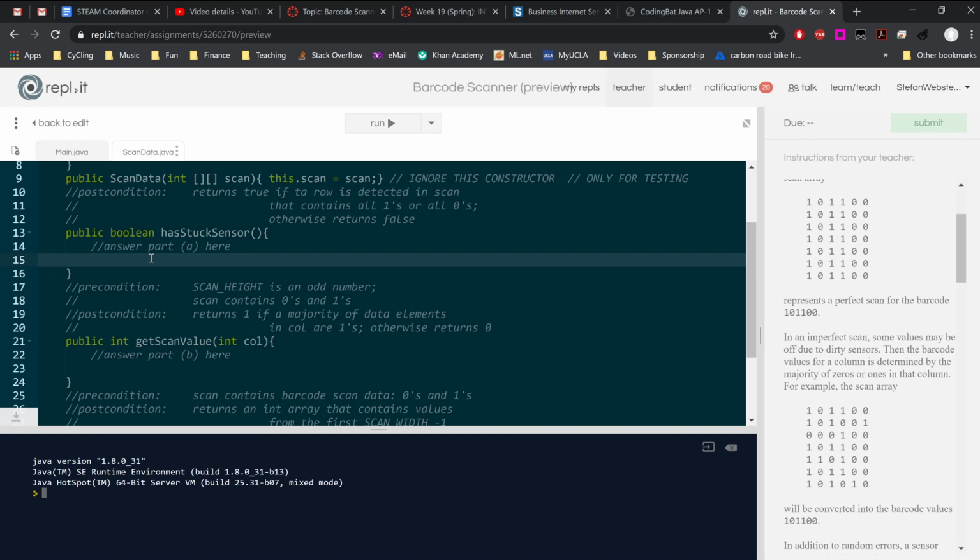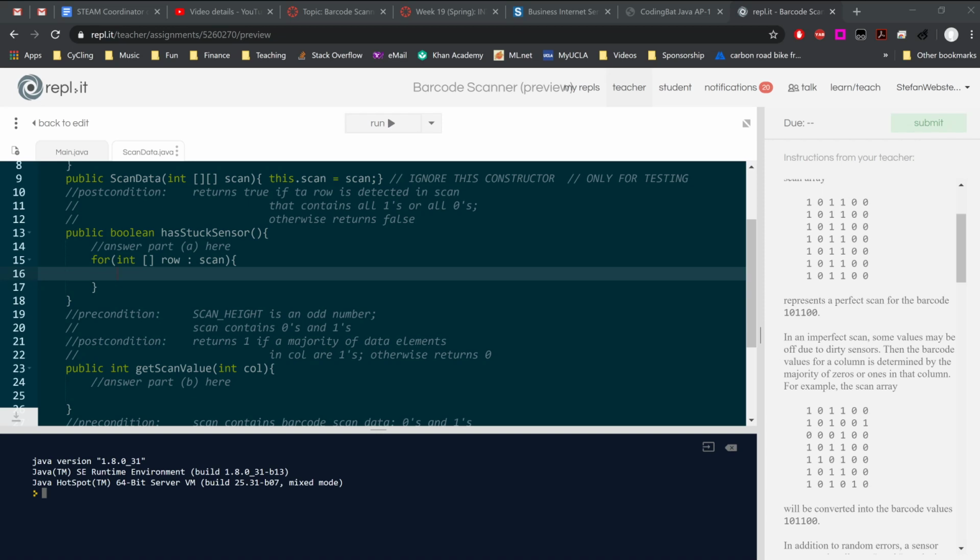Basically what we're going to want to do is loop through, and look at each row in terms of its own unit. But we need to loop through the entire 2D array. So first thing we're going to do is we're going to create